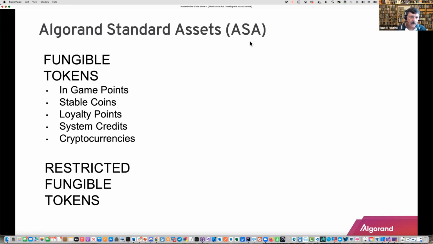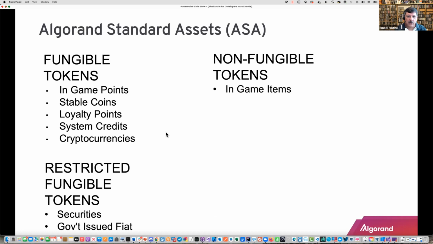ASAs are fungible tokens. These are stable coins. Another example would be cryptocurrencies themselves. These all each have the same value. You look at restricted fungible tokens. This is where it involves some kind of clawback capability as well. Non-fungible tokens are in-game items, supply chain,